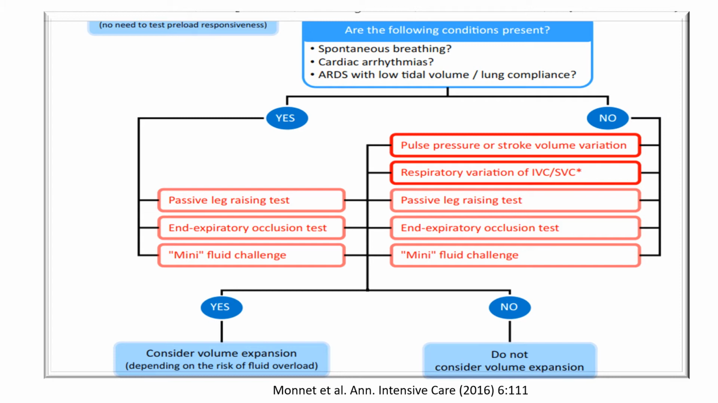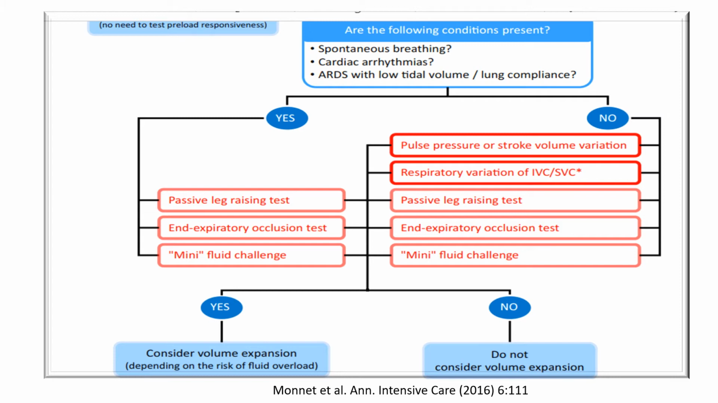So this is how you have to approach. You have to check for fluid responsiveness after your initial bolus with one of these techniques, and pulse pressure variation is possible only in actually 20% of the patients at any time in the ICU where you want to check fluid responsiveness, because it has many limitations. So after you have checked for fluid responsiveness, is the patient responsive? If he is, then consider volume expansion, depending on the risk of fluid overload. This has to be individualized,